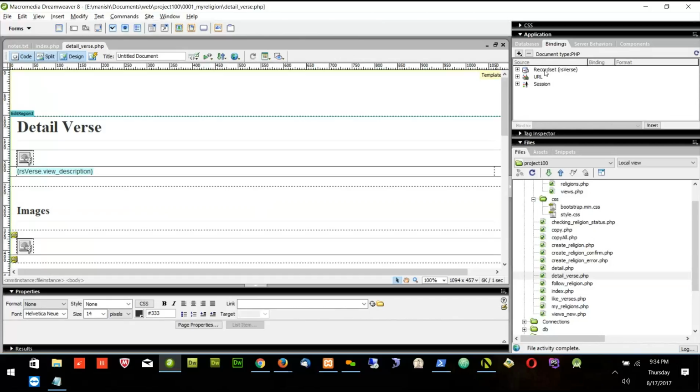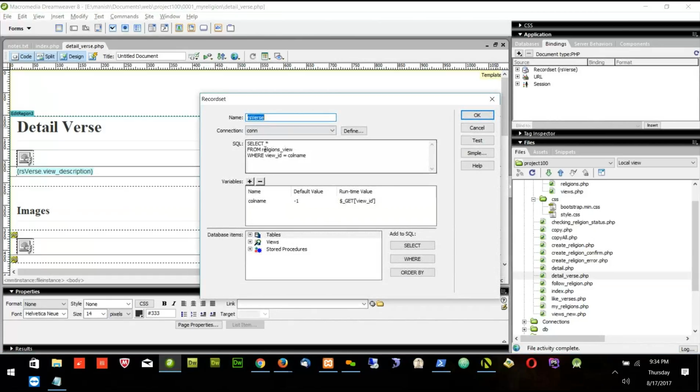And if you see, record set verse is the one which we were using previously. And if I put my new query, the new query is here. We need to tweak this query a little bit so that Dreamweaver can accept it. So I will delete the old query. So here I will say select star from. I will just try to capitalize some letters